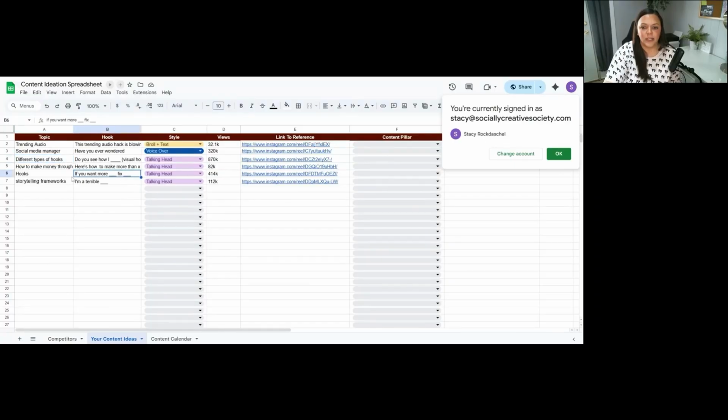So what I'm gonna do is go over to the content pillar category here, and I'm gonna make this one engagement, and this one engagement as well. These are drop-down menus based on the 3 different content pillars that we already went over. So for me, I've got 2 engagement, but I want to make sure that you have 12 on your spreadsheet.